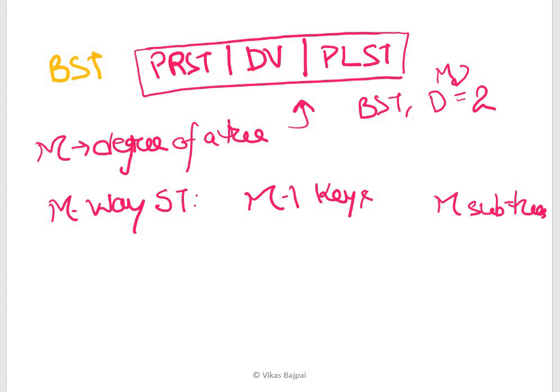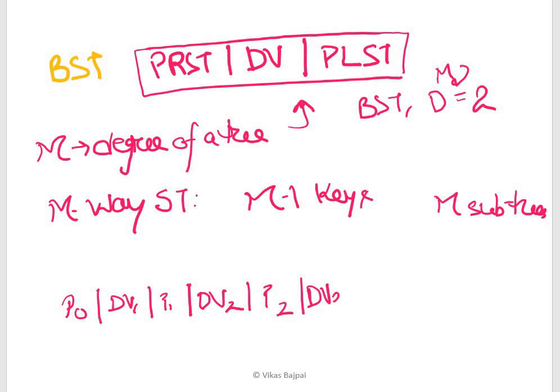Now the things will be much clearer with the diagram. That means every time I'll have a data value 1, I'll have a pointer on the left, a pointer on the right. Once again I'll have a data value 2, I'll have pointer 2.